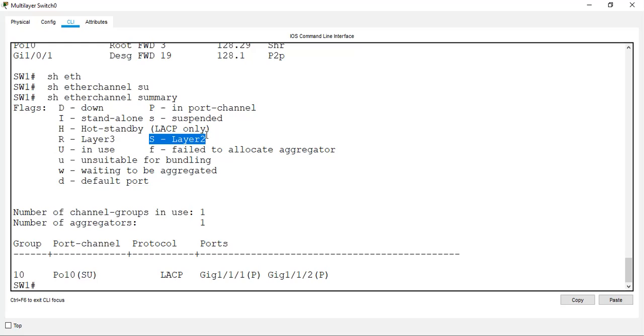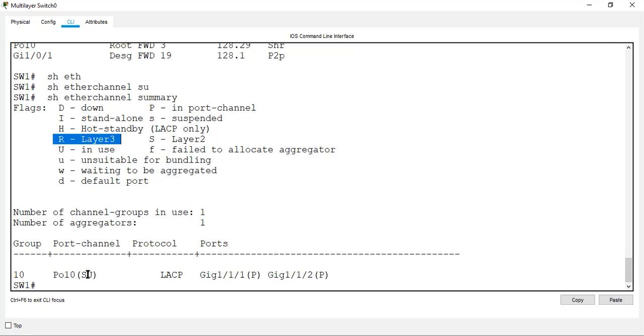If you didn't configure any IP address on the EtherChannel port, like for example interface port-channel 10, and then you put an IP address, we call it a layer 3 EtherChannel. We more likely use the layer 3 EtherChannel for routing. In that case, instead of S, you will see R for layer 3.